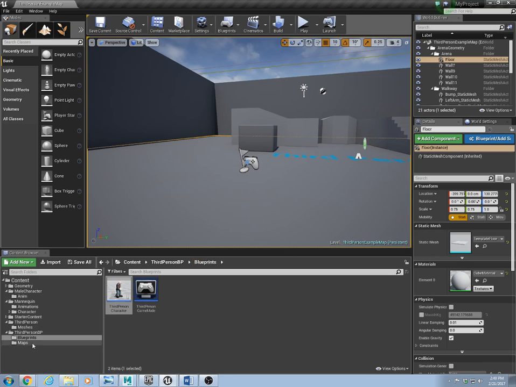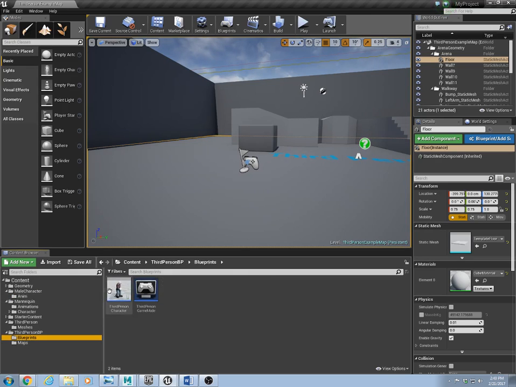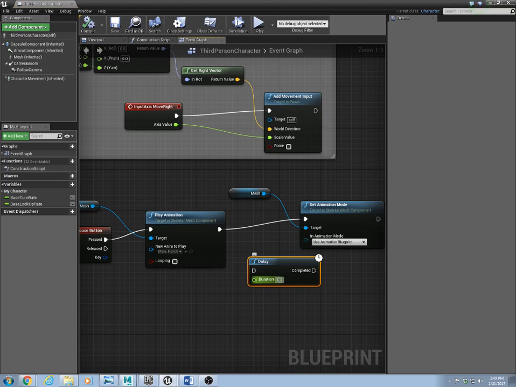Minimize this, and we're going to go look at our punch animation. If I just mouse over male punch, you'll see about 3/4 of the way down here, I can't really point at it with my mouse, you'll see sequence length, and it's 0.566667. So I'll just jot that down, 0.566667. And what I'm going to do is go back to my blueprint, and in this delay, I'm going to do